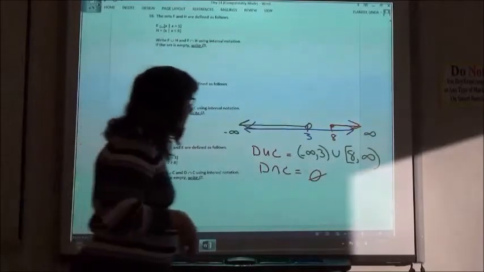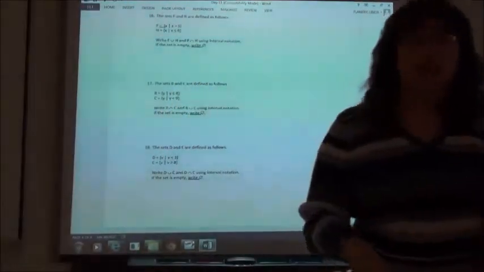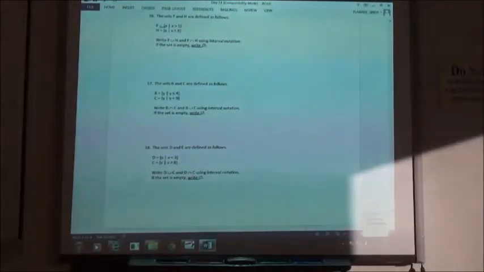All right. We'll go ahead and work till about 10 o'clock, and then we'll do the next page. If you've got those union and intersection ones, you might want to try those because those are